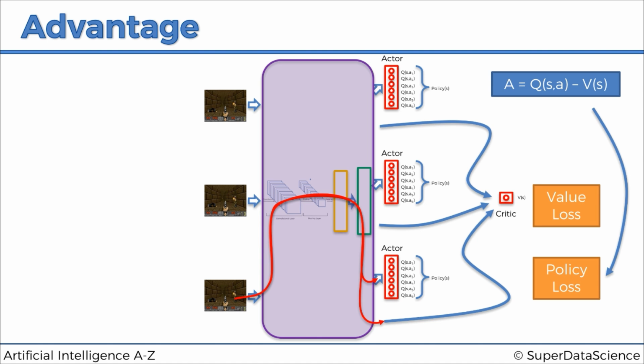The advantage was very high there. I should do more of that, and therefore it will update the weights in such a way that that action will be more likely to occur in the future. And that's how the network is slowly going to adapt